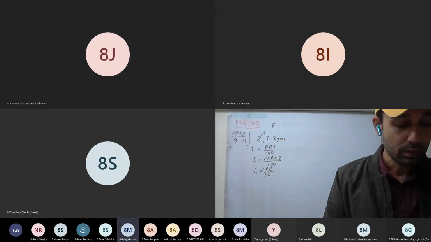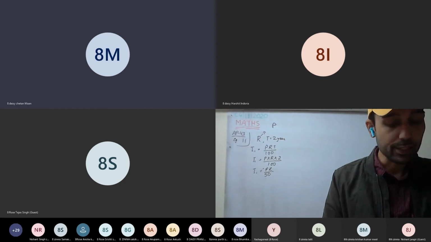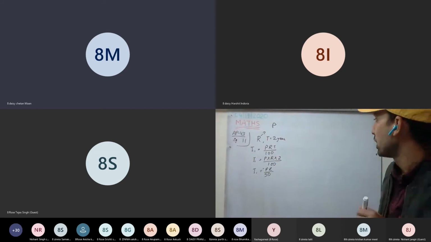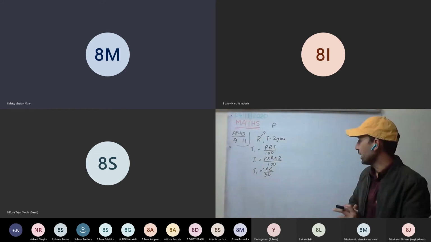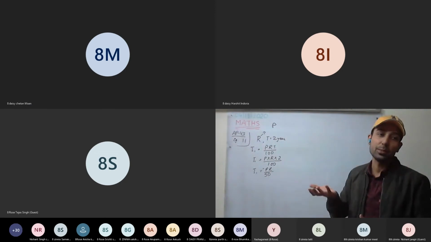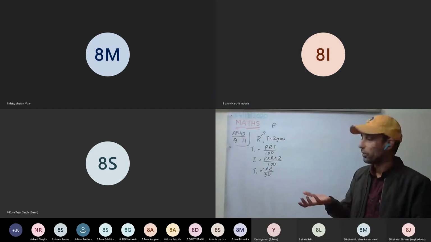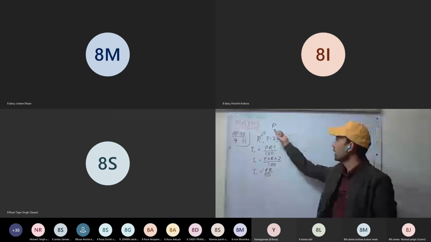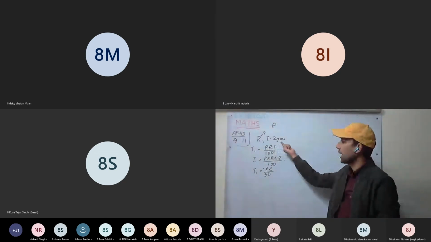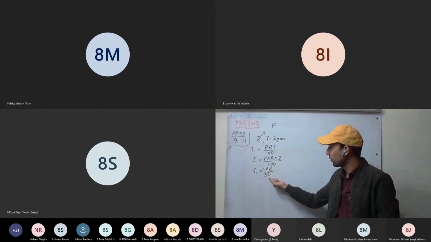Sum of money means principal or amount? What will it be, you tell me. Principal. Sum of money is being invested, so it will be our principal. The money which we are going to invest is principal. So let that be principal at some rate R, and time is already given. So we have calculated interest in terms of principal and rate. So this is our first case.